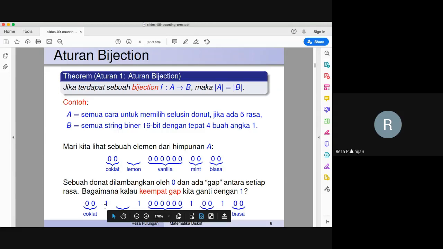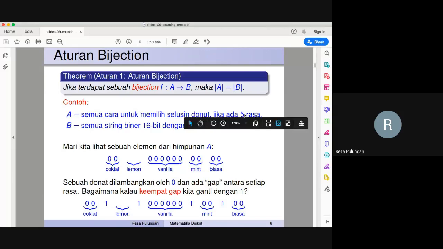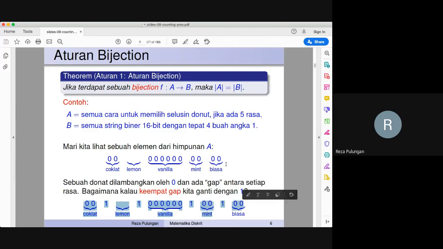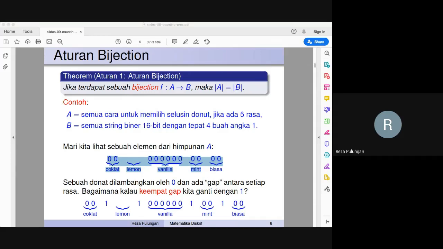If you look at this, then there will be 2 chocolate, and then we have the gap, and then 0 lemon and the gap, and then 6 vanilla and the gap, and so forth. So this here is just another representation of this one. You see the point right now. Okay, let me continue.